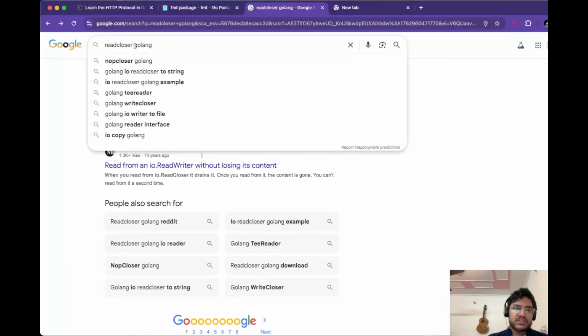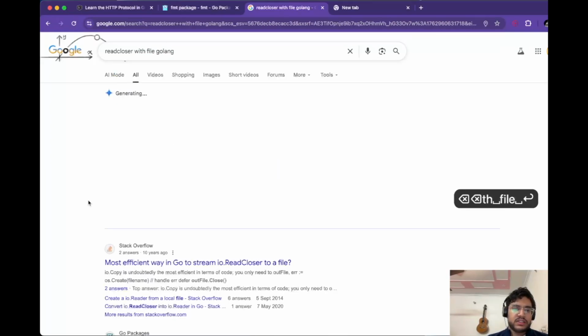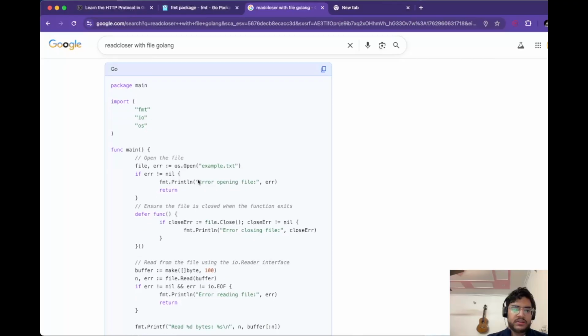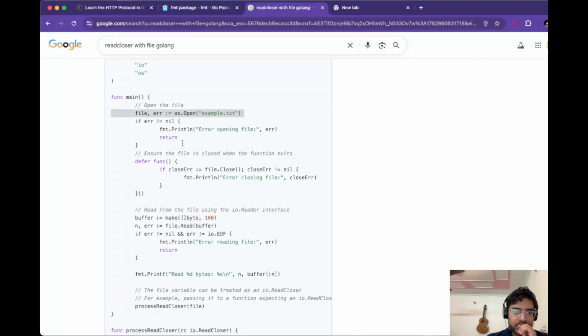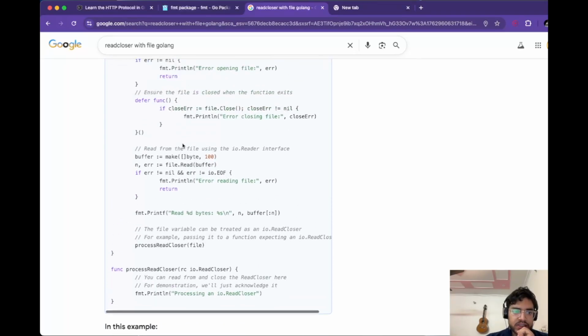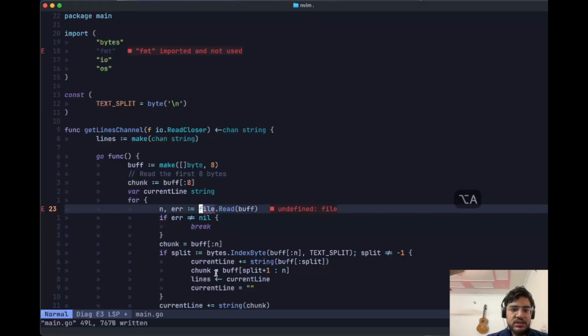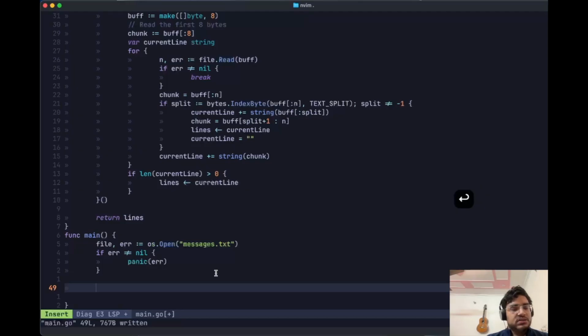Okay, so I think I should do this with file. You can see I can open the file, get the file object, and I can send the file object directly to the io.ReadCloser. I think both of them contain a similar type. So if I go back here, I'm going to write